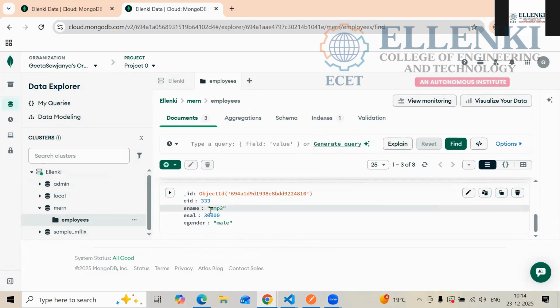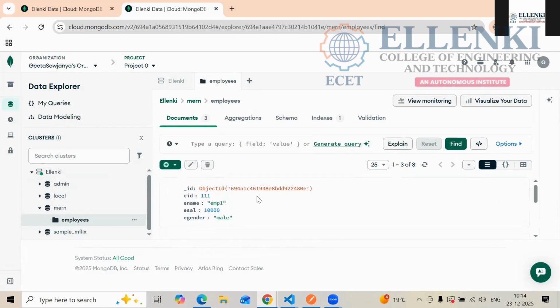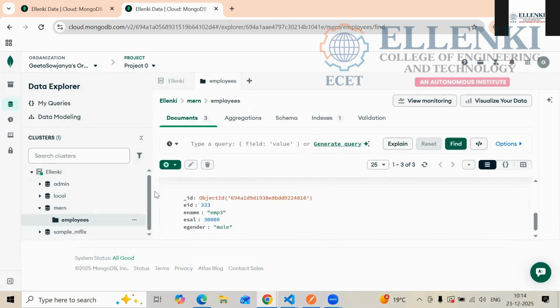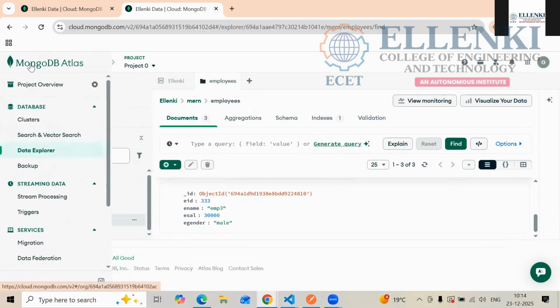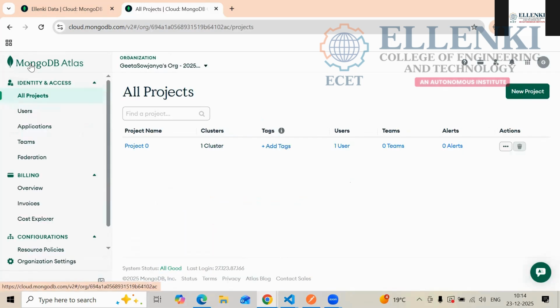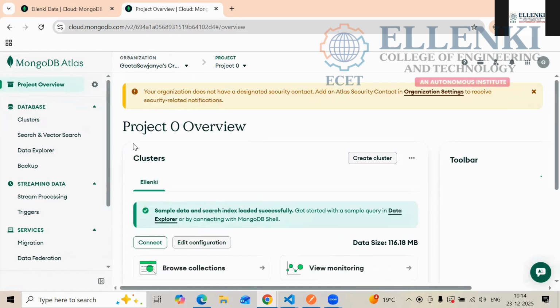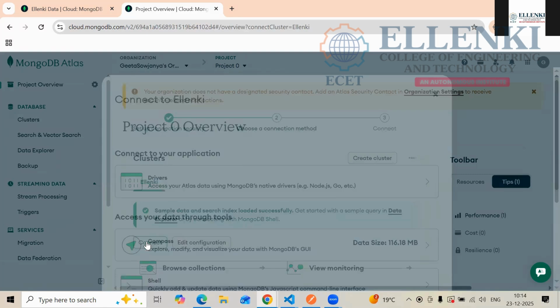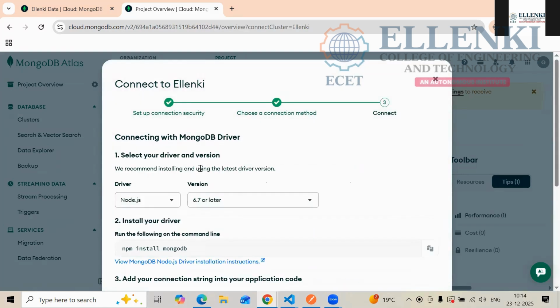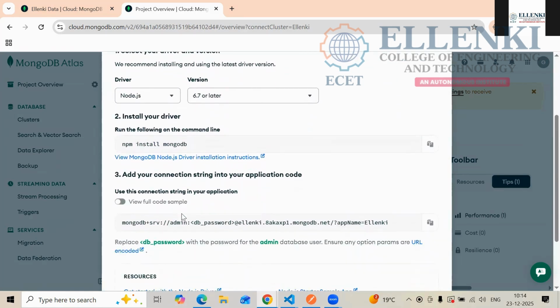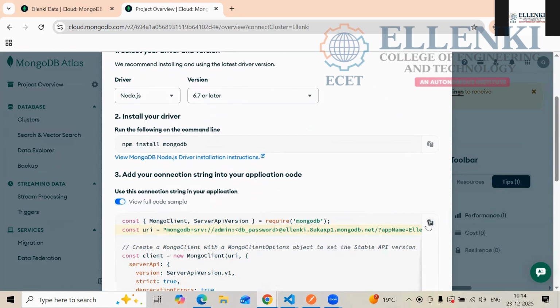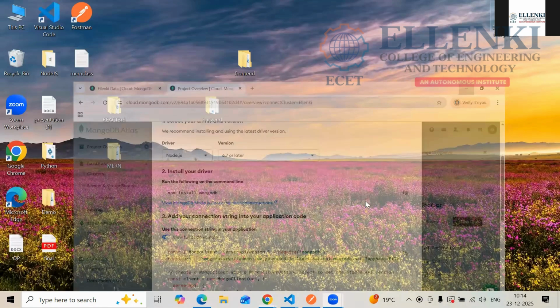Okay. And this is the process of how you are going to add to your MongoDB account. Okay. Now to bring this data, one more time you have to go here, in project 0. We are having the connect option. Project 0, after the connect option, we are having these drivers, and here we are having one code. Already I told you people, yes or no? So view code, copy this code, and please keep it aside in your notepad.